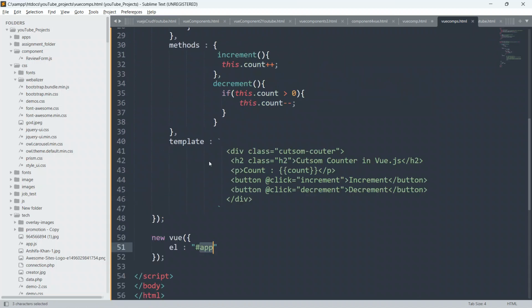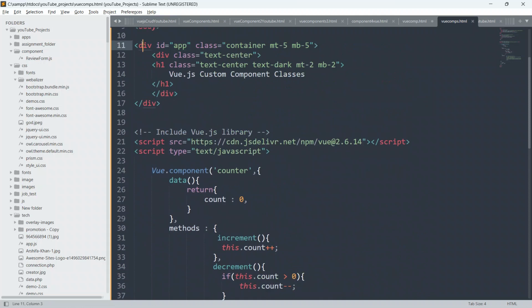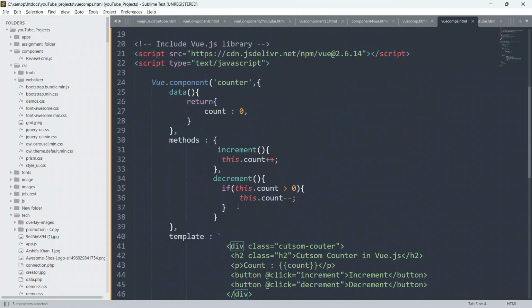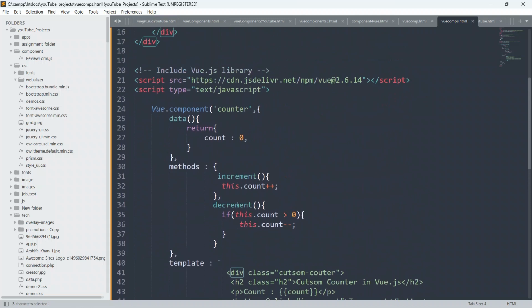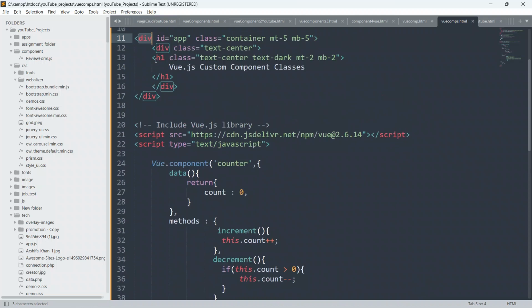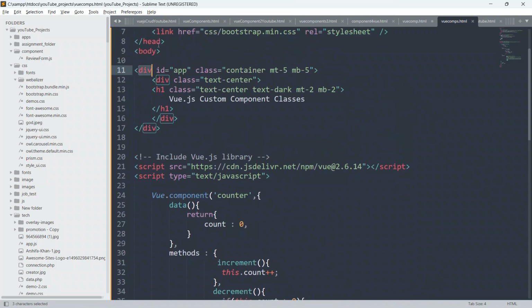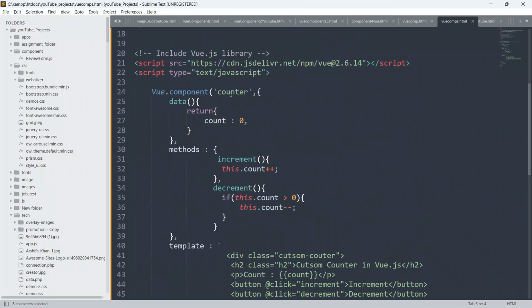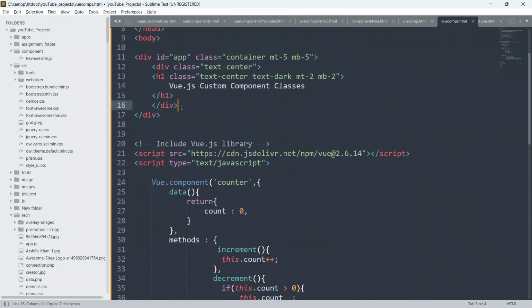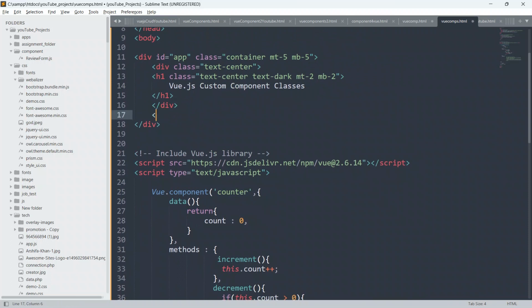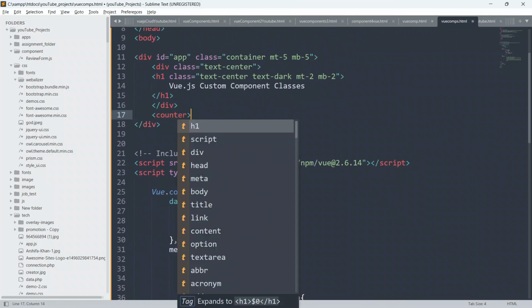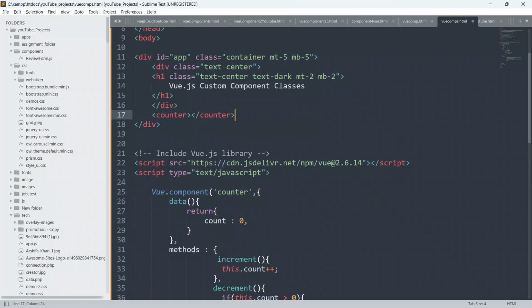We have to put this id on our div where we want to show this custom component. Now we have to copy this custom component name, counter, paste it here, and close the counter tag also.